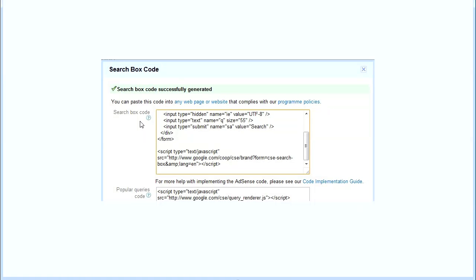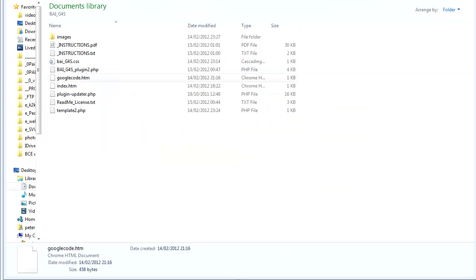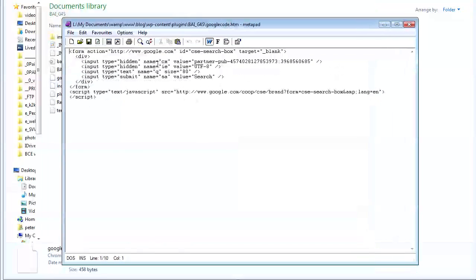So then all we need to do is go to our website. Now you can either do it with FileZilla, which is a free FTP program, or you can do it with cPanel's own file manager. So you just basically go to your website, with cPanel, go into your blog, find the WordPress plugins folder, find the plugin folder for G4S, and then all you need to do is just find one little file. Okay, so the only file we need to edit is this one here called